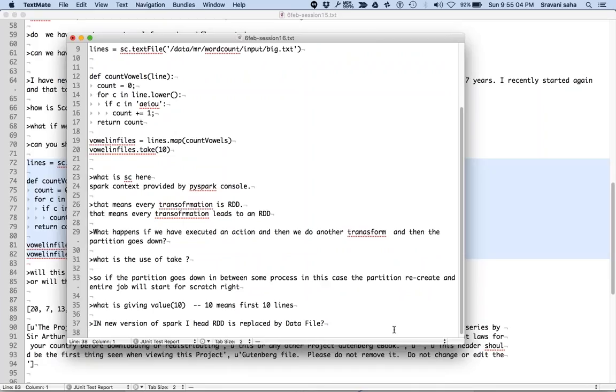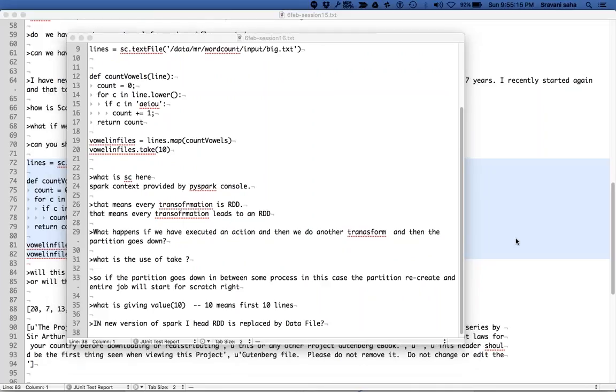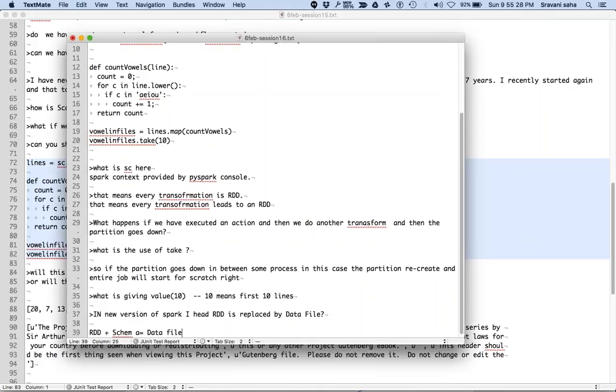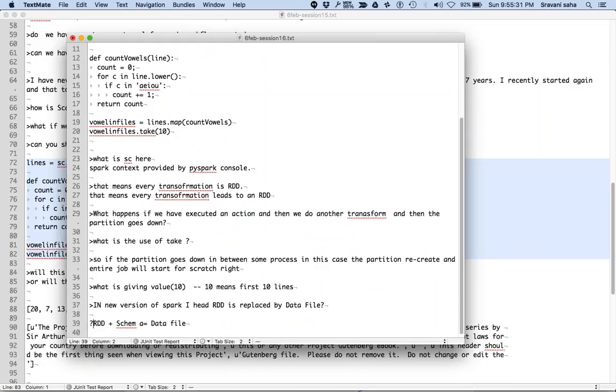A question from Prabhu: in the new version of Spark, is RDD replaced by DataFrame? No, they are using some other vocabulary as well for RDD, but RDD is not replaced by DataFrame. So the question from Prabhu is, is RDD plus schema equal to DataFrame? Yes.